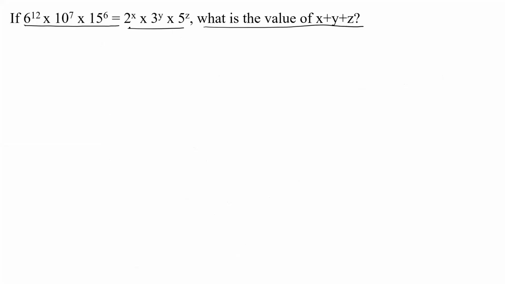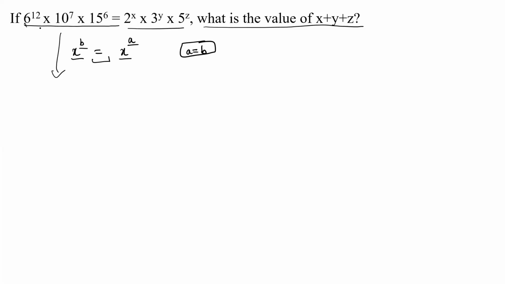Now there's something else that you need to remember: if a number x raised to power b is equal to the same number x raised to power a, then a has to be equal to b no matter what. If you have the same number on both sides and that number is being raised to two different numbers, then the equality won't hold. So these two numbers b and a have to be equal. Using the same idea, we are going to solve this.